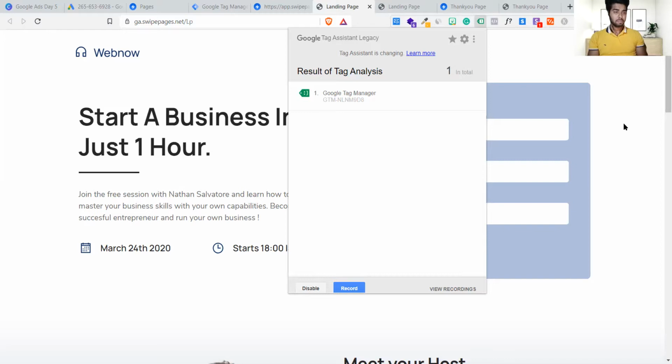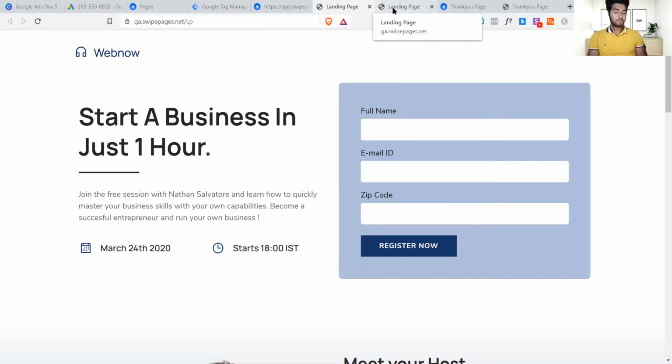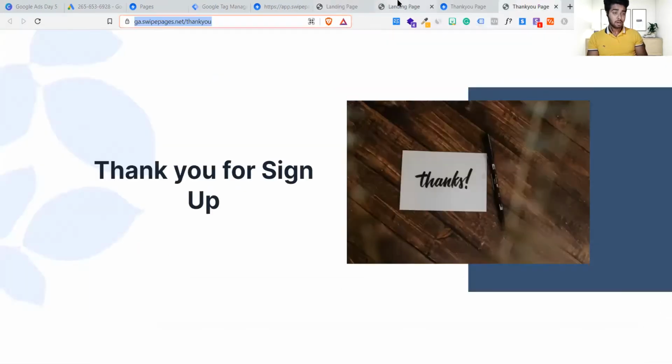Now one more problem that people often forget: they want to track this landing page, for when people fill up this particular form and move on to another page, which is this page. How does this page get counted as a conversion, because people are not adding the tracking code here as well.